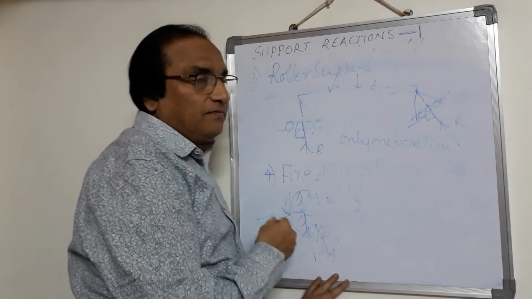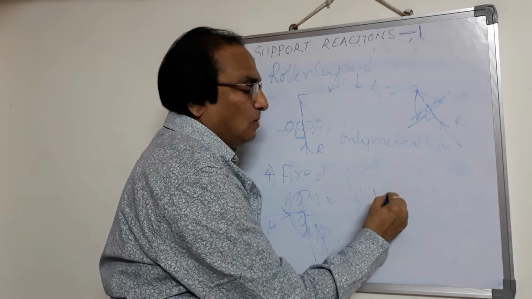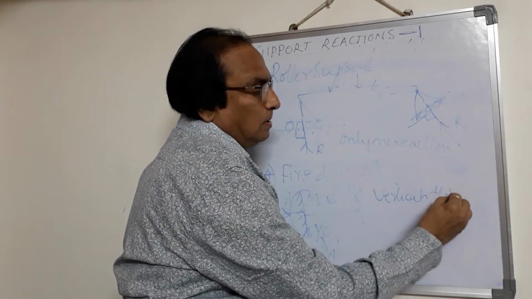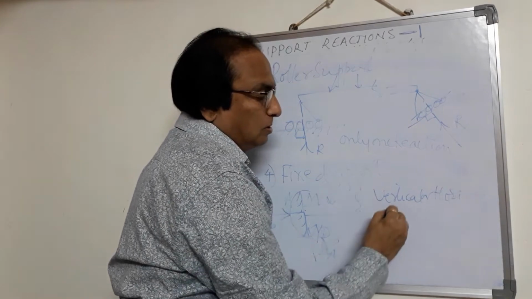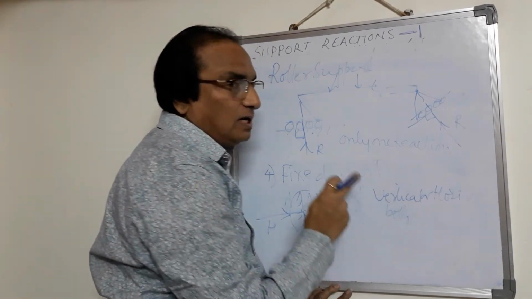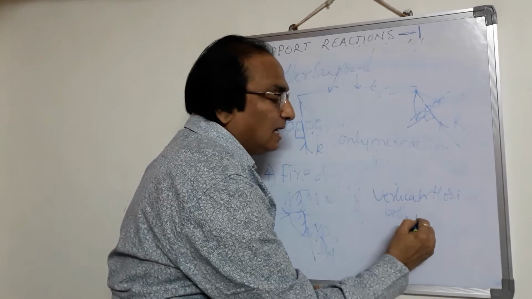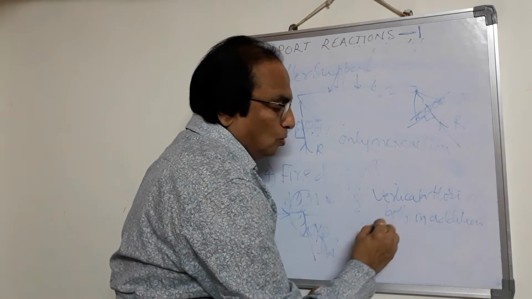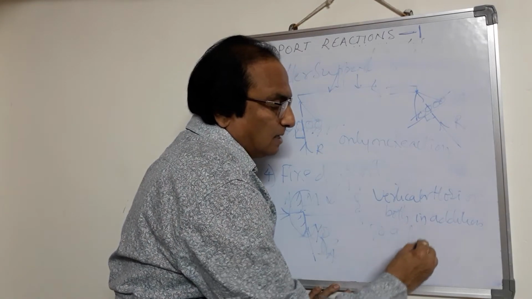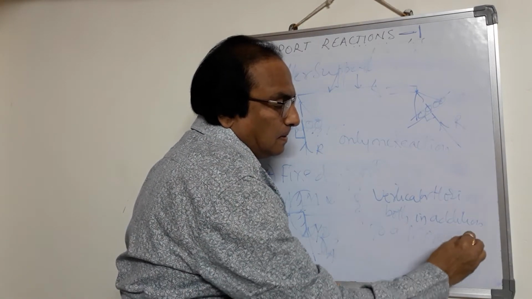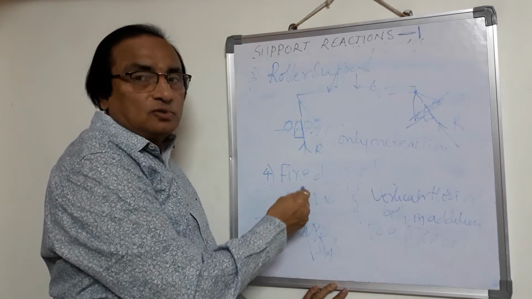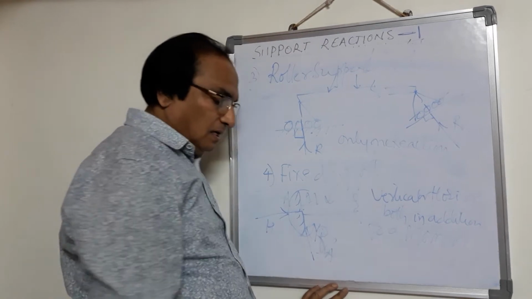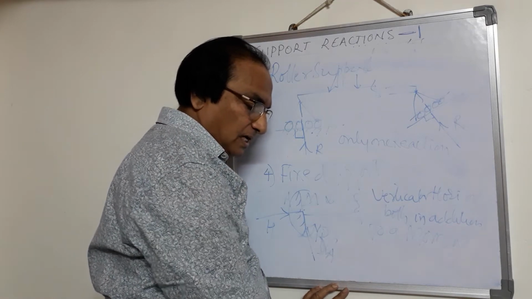Now here in case of fixed end, the reactions are vertical or horizontal or both. This is common for hinged also. In addition, here, in addition to a moment M. So this is the extra thing what you will be finding in the fixed end. So these are the types of supports that we come across.